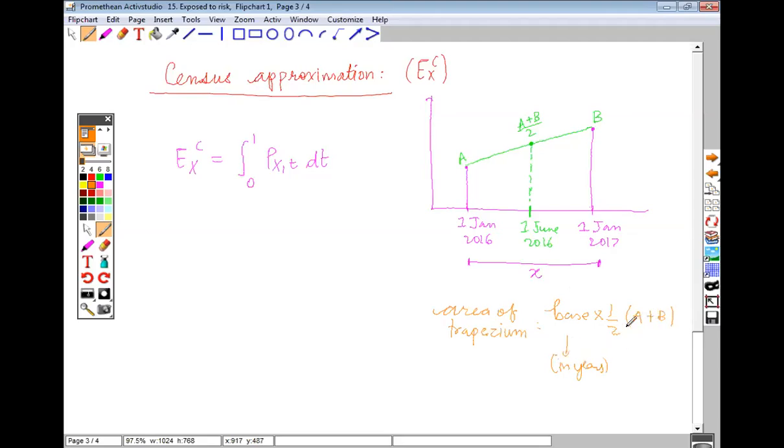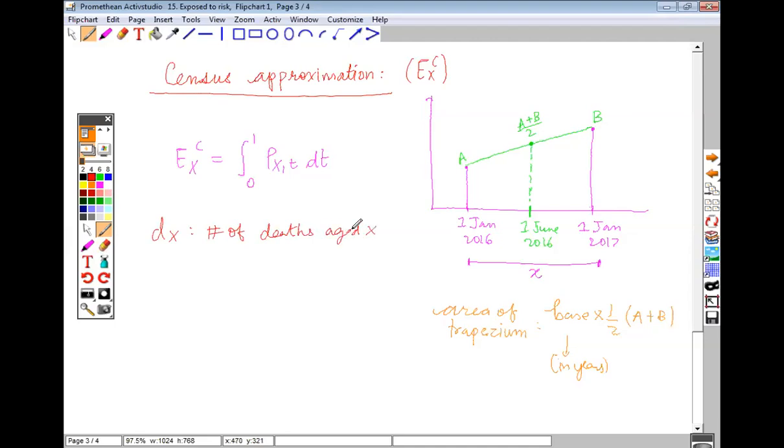And these will represent the number of lives at each of these starting and ending points in time. So now if I were to approximate, I want to generalize this. Let's say I have some death data, so I have dx, which represents the deaths of people, and so the number of deaths